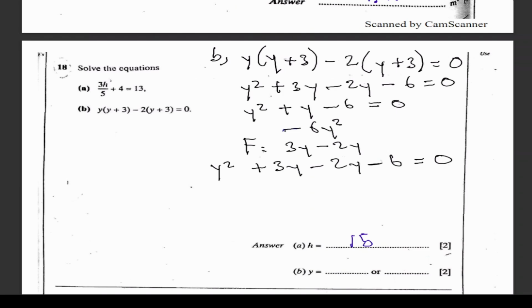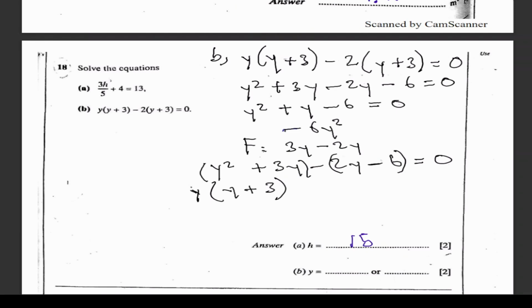Then we now have 4 terms instead of 3. We arrange them into 2. What is the common factor in our first bracket? Y is the common factor. Then y into y squared, it's y, plus y dividing into 3y, it's 3. This is called factoring out. This is the part which defines this method as factorization.